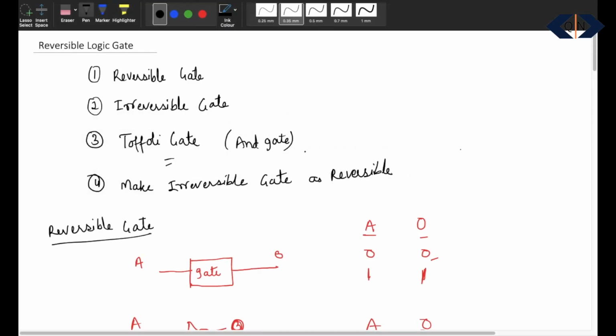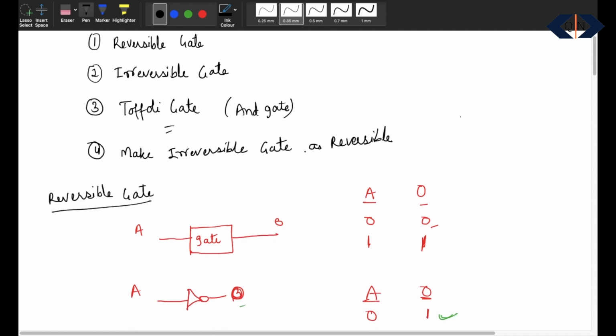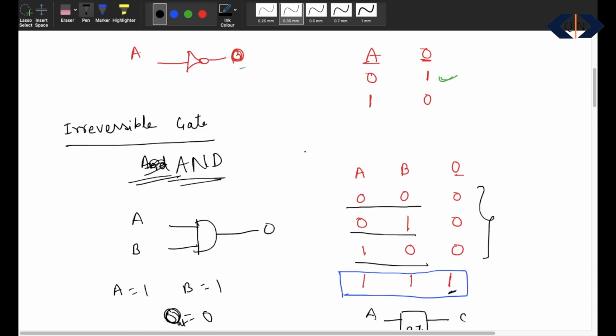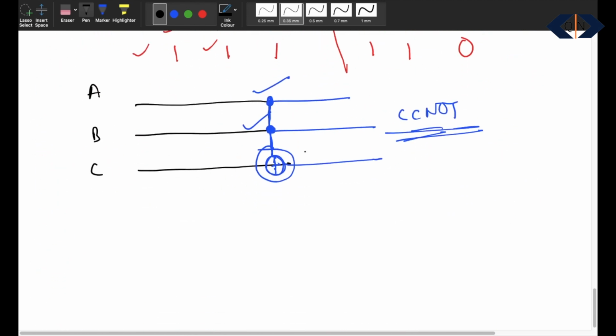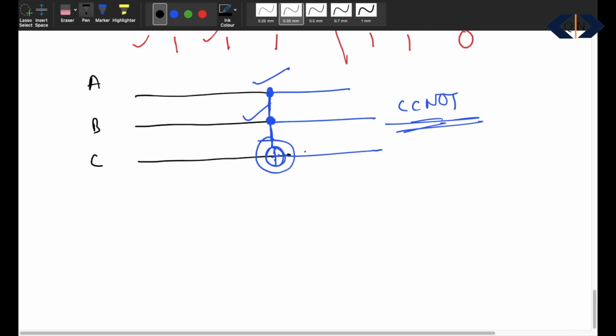Hello everyone. In the last video we discussed reversible gates, irreversible gates, and the Toffoli gate, and we were left with the topic of how we can make any irreversible gate a reversible gate. So today we will continue the fourth subtopic and finish it. I will continue on the same page. So our fourth topic is